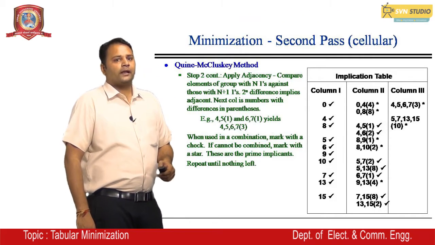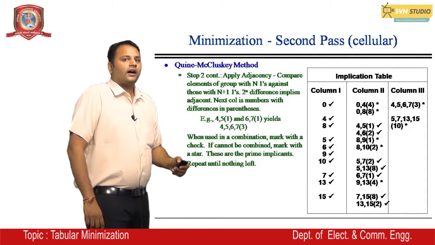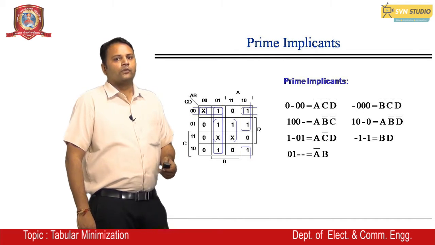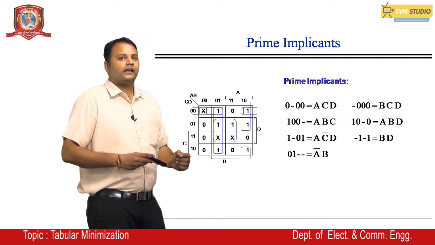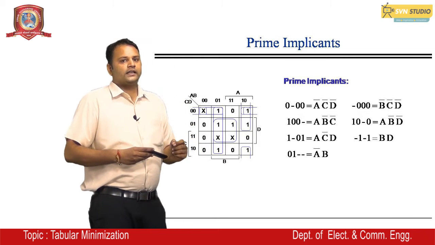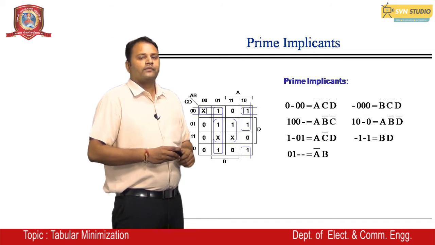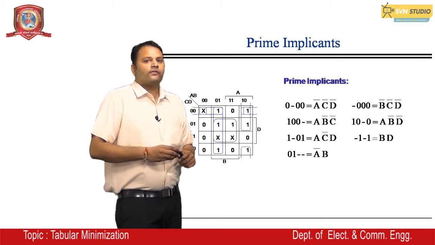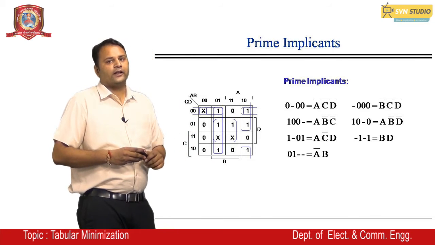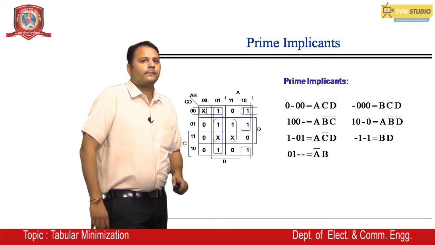Now we will see that the prime implicants are coming from that 0 dash 00. It is seen that A bar, C bar, D. Here B is not present. Next dash 000, B bar, C bar, D bar. Here A is not present. Then 100 dash, it is equal to A, B bar, C bar. Here D is not present. If we see the next, 10 dash 0, in that C is not present, so it has become A, B bar, D bar. So you can see that other groups are here.